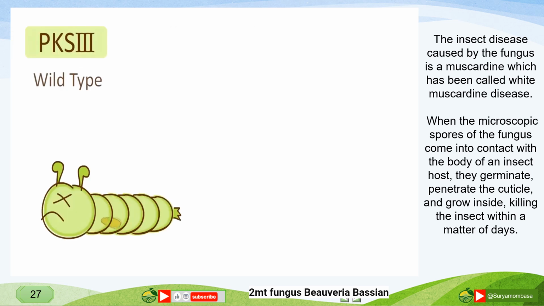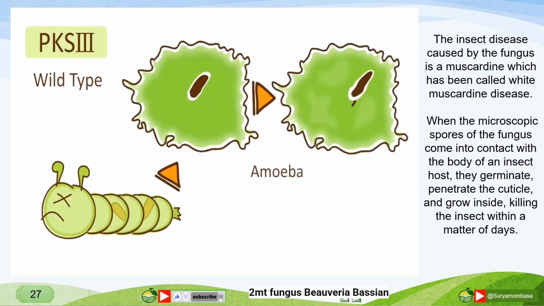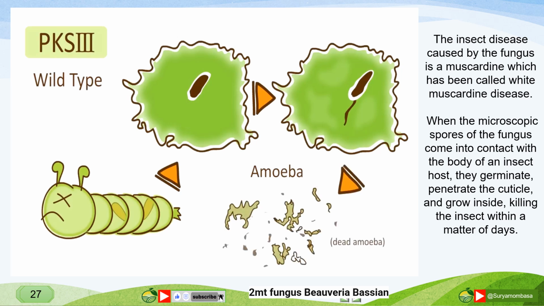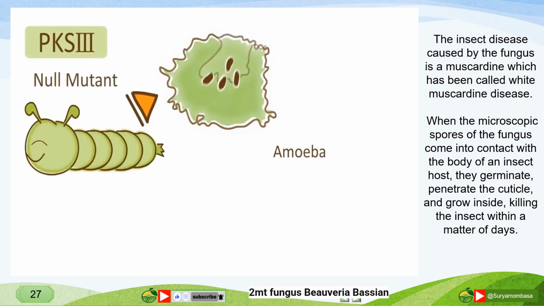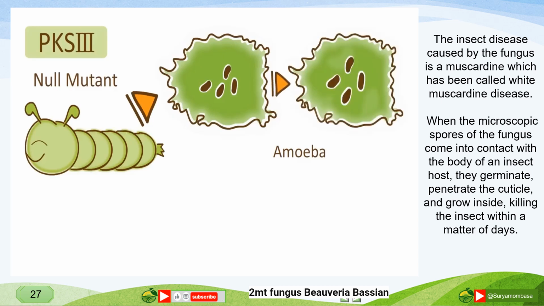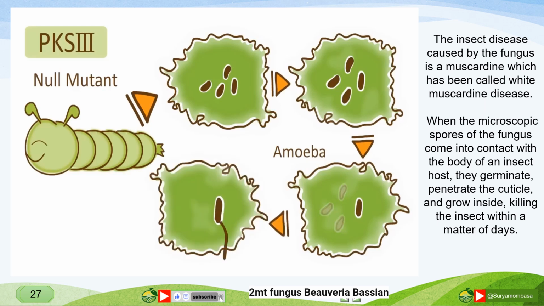The amoeba, used as a model, has analogous properties to the insect hemocytes. The amoeba often phagocytosed only 1 to 2 wild-type blastospores. The blastospores survive within the amoeboid cell and grow out, which leads to the amoeba's death. By contrast, 3 to 5 of the PKS3 null mutant blastospores could be phagocytosed, and most were degraded by the lysing enzymes. Here, we have demonstrated that the mutant is unable to suppress the insect immune response, in this case, phagocytosis by hemocytes.